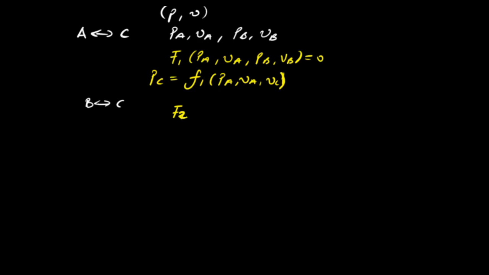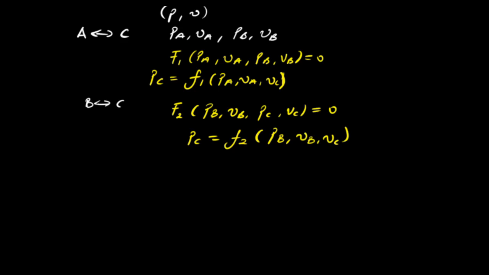So we'll have, let's say, f2, a relationship between their observable properties, and that mathematical relationship is given by f2(PB, VB, PC, VC) = 0. We can also alternatively write this equation as PC being some function of the other three variables. Now, from the zeroth law, we know that